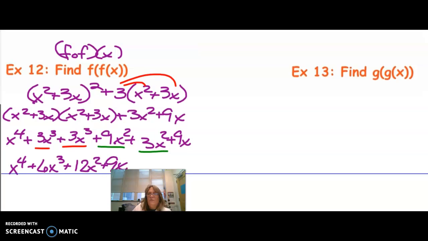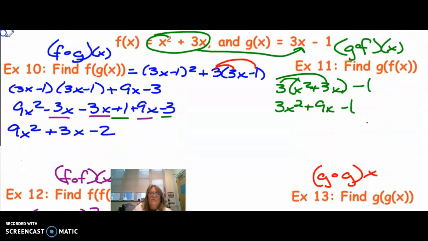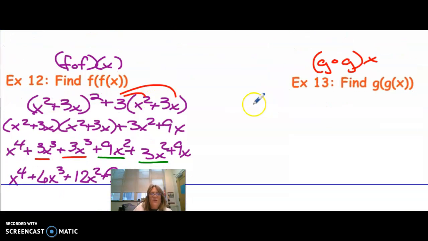And for number 13, what this means is we're going to do g composite g of x. So go back up here, find your equation for g. So it's 3x minus 1. So everywhere in that equation, I'm going to put 3x